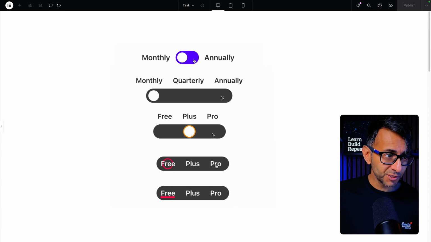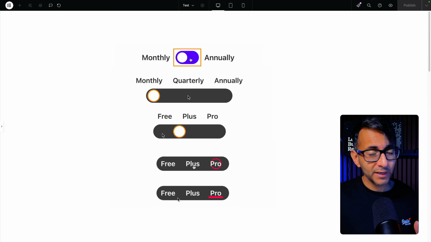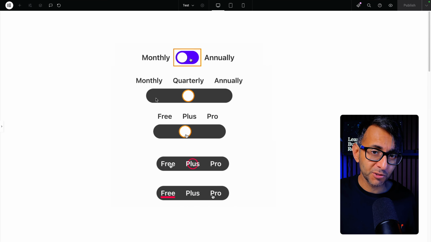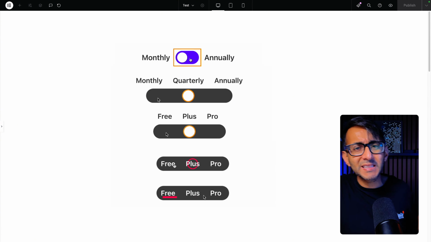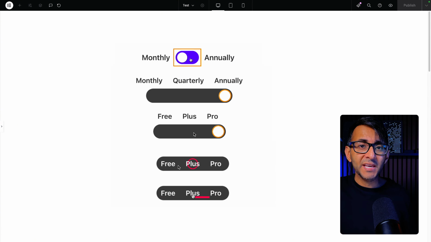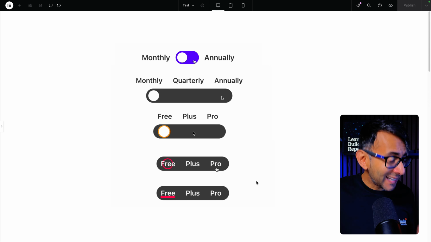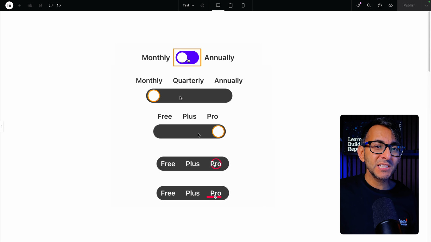It's not that difficult to do toggles inside of WordPress or Elementor. There's plugins and there's loads of code, but some of them aren't very web accessible. I'm going to show you how to implement different types of toggles using different bits of code, and all of the code is available in the video description. But they are as web accessible as possible and super easy to implement,